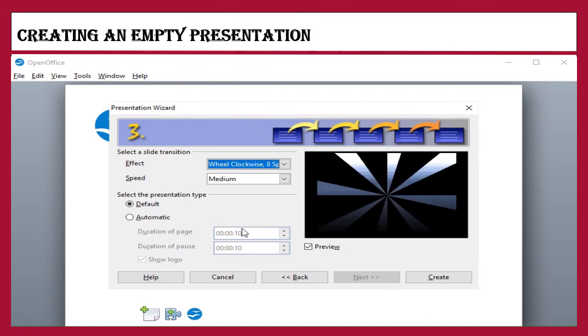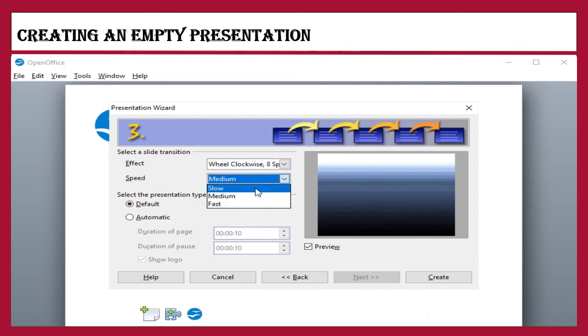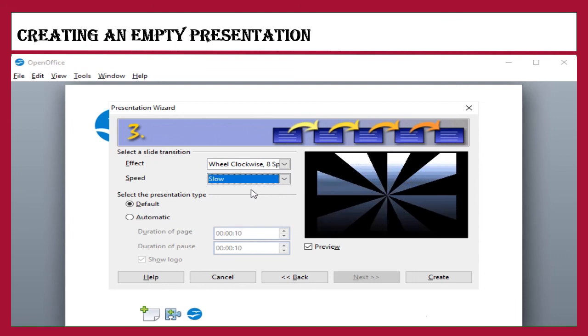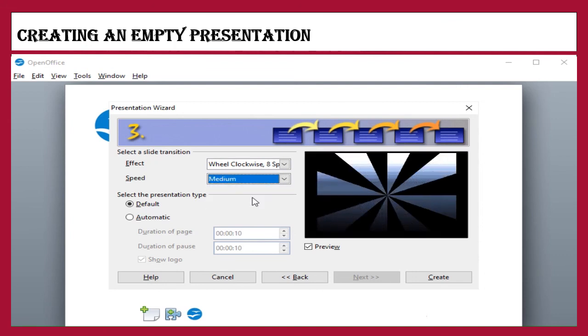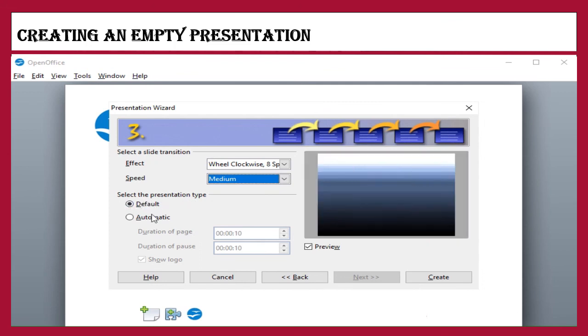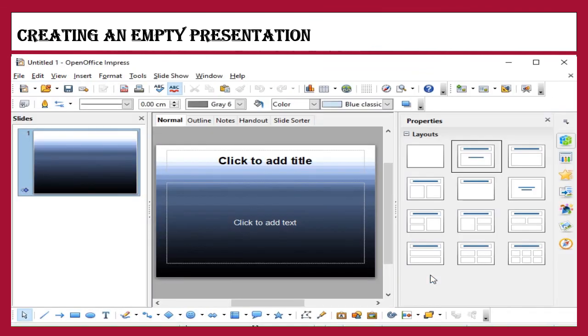Say for example you can select wheel clockwise. You can even set the speed as slow, medium, fast. Also you can select the presentation type as default or automatic, and finally you can click on the create button. So like this you can create an empty presentation.